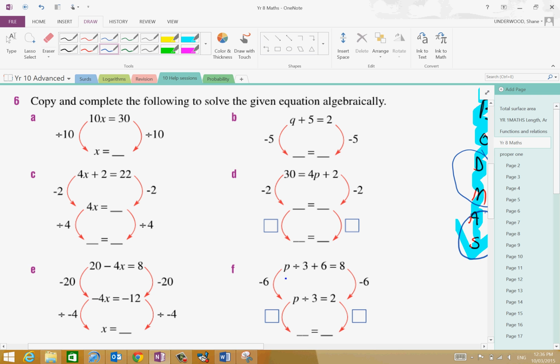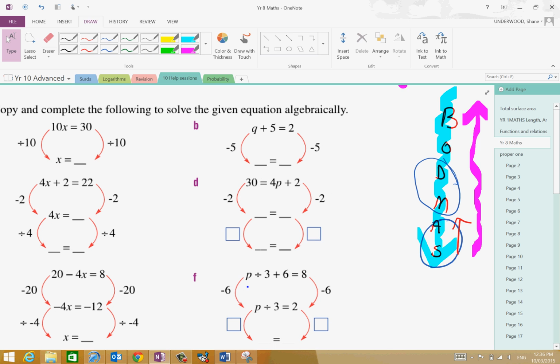for this one, what you should have got is you've realised that we're using inverse operations. We're using the inverse of BODMAS. We're working our way up. First of all, you can see that x is multiplied by 10. So what do we have to do? What is the inverse of multiplying by 10, Trent? Dividing by 10. All right, so therefore the first thing is 10x divided by 10 is x. X is equal to 30 divided by 10 is, shout it out,